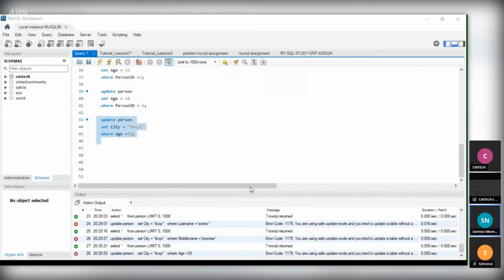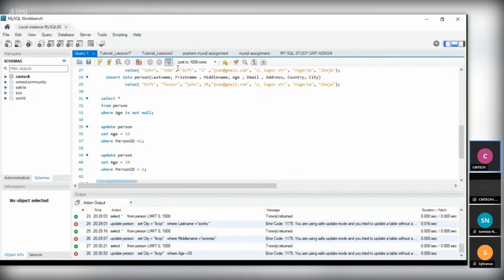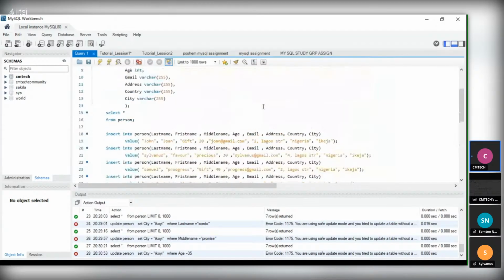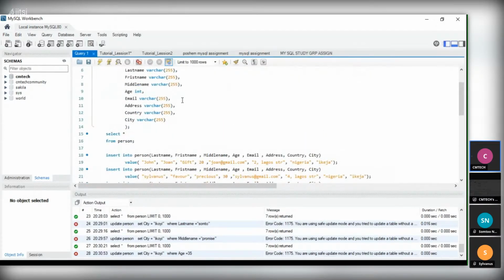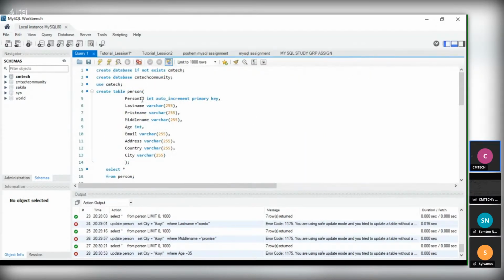So every primary key is used to access every column. I hope this is clear to you. Yes. Because we set the primary key, remember in our code we set our column to primary key. You see, person's ID.